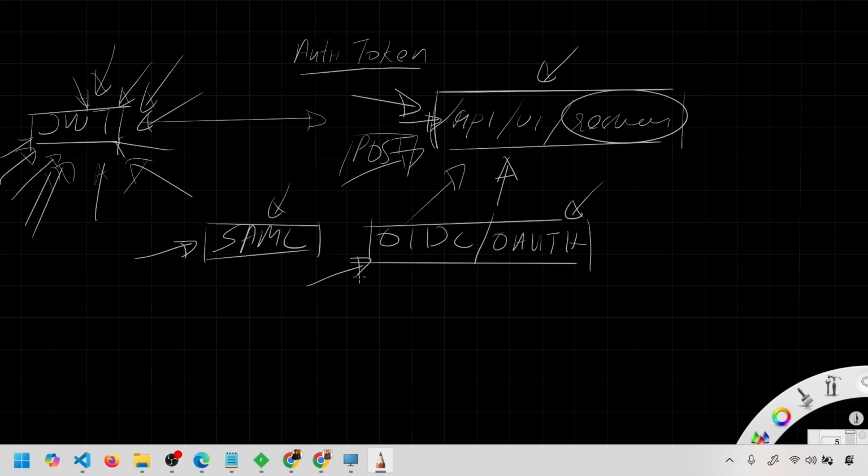But the main difference between SAML and OIDC/OAuth is that OIDC is designed to work in a lot of other scenarios, at a much bigger scale, while SAML is designed to work majorly in corporate scenarios. One of the main differences is that OIDC has inherent support for different workflows. For example, you might have seen single page application, web, native application. A lot of authentication scenarios are supported by OIDC.